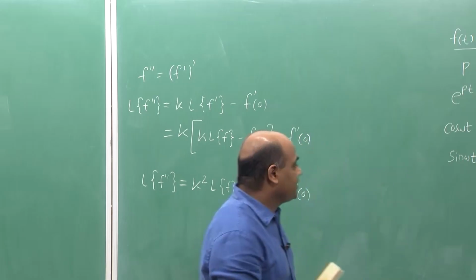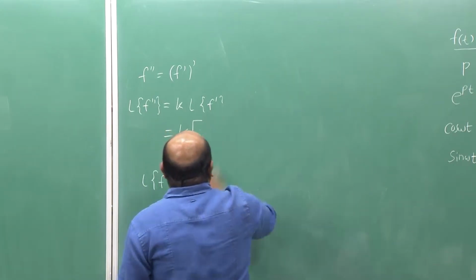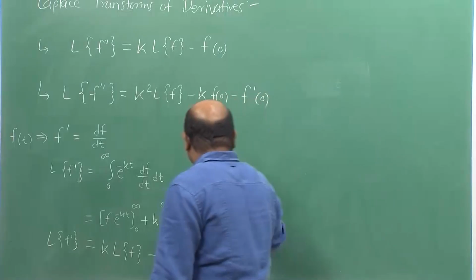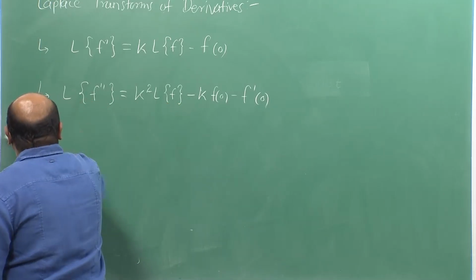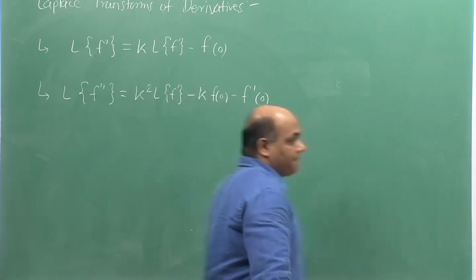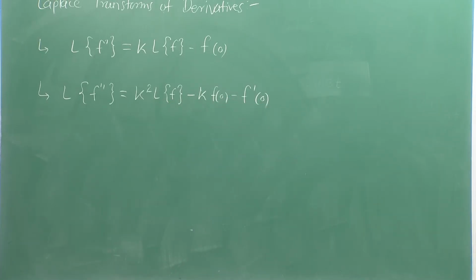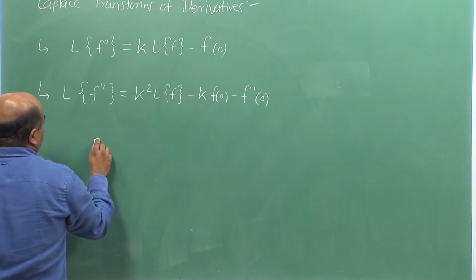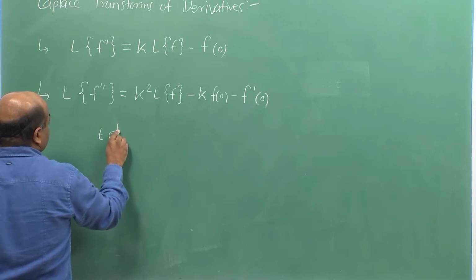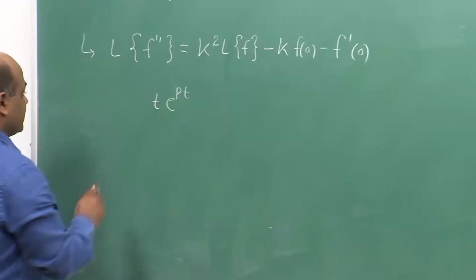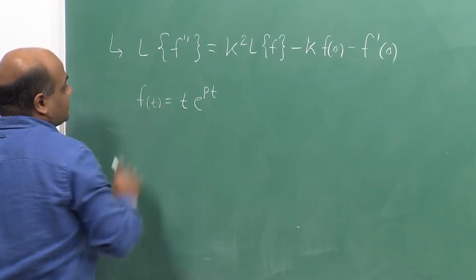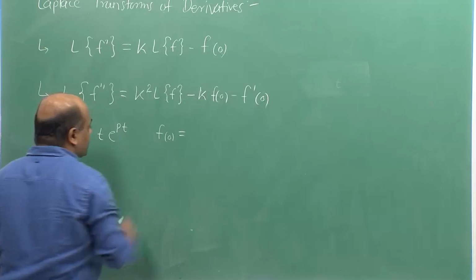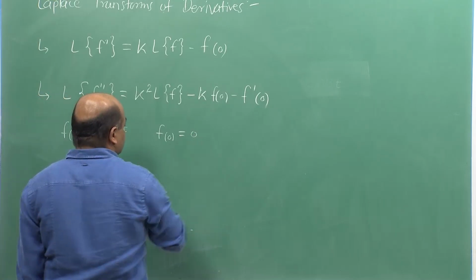So, we can use this to find again Laplace transforms of more complicated functions. So, let us see an example. Suppose we have to find the Laplace transform of t times e to the power pt, right. So, my f of t is equal to t times e to the power pt. So, obviously, f of 0 here is 0,